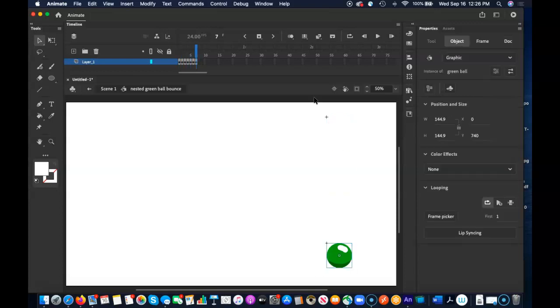So the ball appears, and I'm pressing the Enter key here, the ball appears to speed up. Okay, now I need another keyframe for when the ball hits the ground. Okay, so there's the ball hitting the ground, switch to a different tool. Q on the keyboard gets me my free transform tool, and Alt, or Option on a Mac,